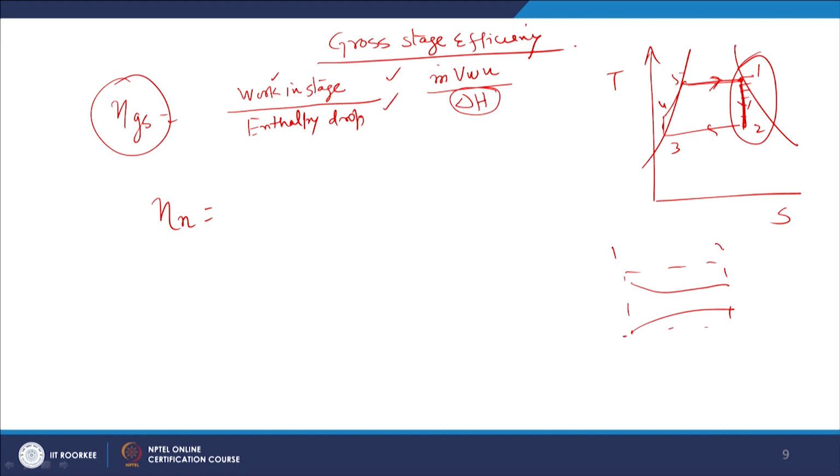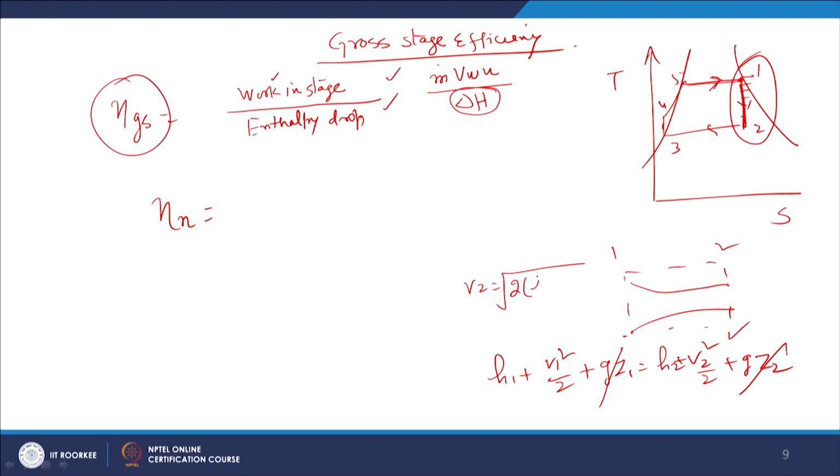this is side 1, this is side 2, and if you apply the first law equation, h1 plus V1 square by 2 plus gz1 is equal to h2 plus V2 square by 2 plus gz2. If it is a horizontal nozzle, this will be cancelled out. V2, the exit velocity, is much higher than V1, the inlet velocity. So V1 can also be considered 0, or it is negligible in comparison to V2.